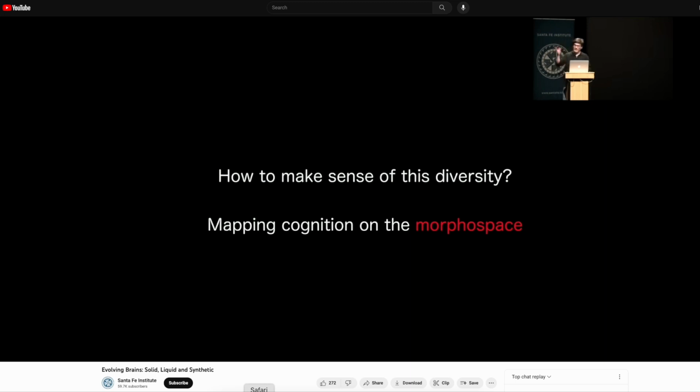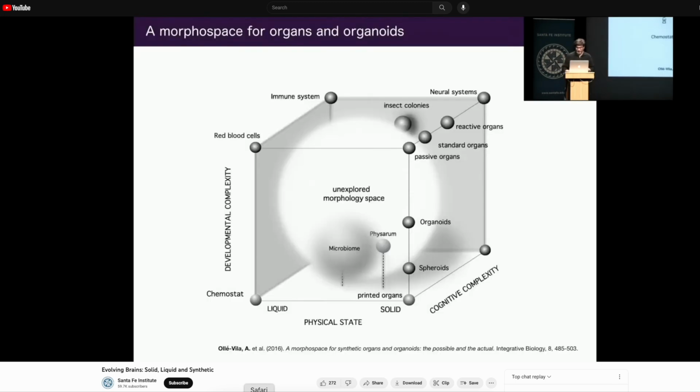So, Physarum, plants, brains, ants, how do we put this together? And the idea, still work in progress, right, is to create what we call a morphospace, a space of possibilities. In this particular example that we used some years ago, I used 3 axes. The vertical axis is how important is development. Development is very important. Nature constructs things, right? You have embryos that develop and get into complex architectures.